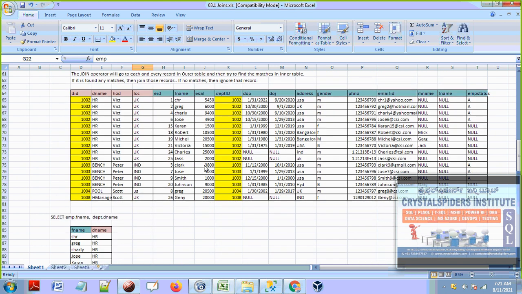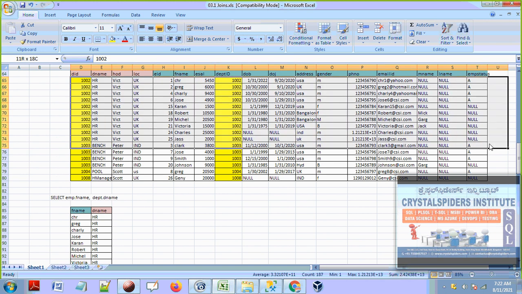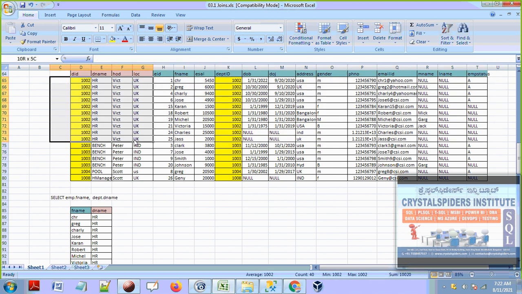Okay, see now, this is what it is joining, guys. You see that these records are joined now finally. So 1002 HR is matching with the 10 employees, all these 10 employees are joined. See that, guys, how it is joined. The HR department record is joined with the 10 employees. Wherever it is matching, it is joined with all those 10 employees. Let's count how many: 1, 2, 3, 4, 5, 6, 7, 8, 9, 10. Yeah, all these 10 employees are matched. See, their department ID is the same.